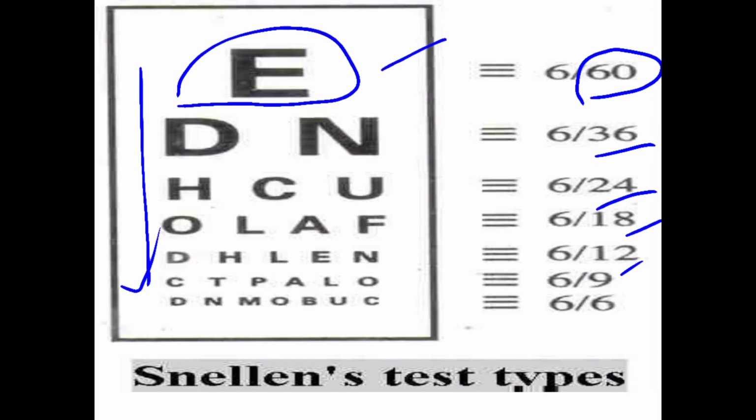Visual acuity is the minimum separable distance that the person can see. So it is the sharpness of vision. Visual acuity is more at the fovea centralis area, and a large concentration of cones is present there. Cones are present more in the fovea centralis, so the visual acuity is more.